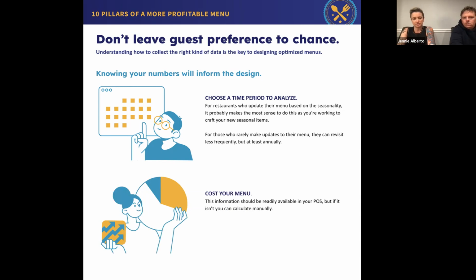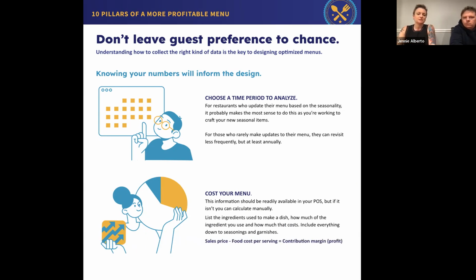So next would be costing the items on your menu. This information usually is available on whatever POS you would be using, but you can also calculate it manually. It does take a little bit of time, but in the long run, it's worth the time investment. You would basically just list the ingredients used in your dish, how much of that ingredient is used and how much that costs for each item, and that includes everything down to seasonings and garnish. And then the sales price minus the food cost per serving is your contribution margin, or your